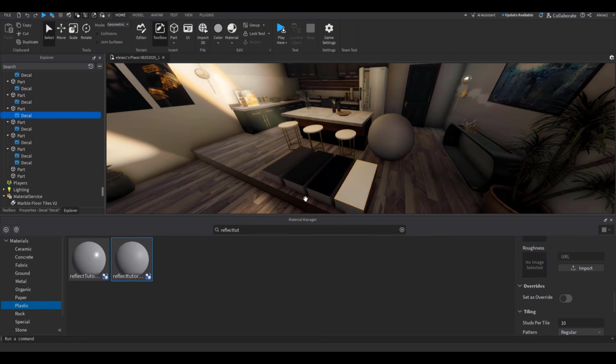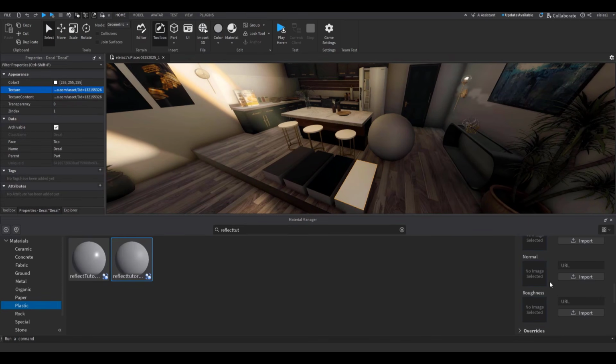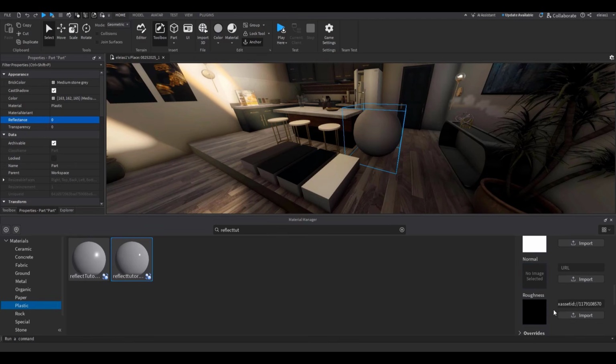So I'm going to put this white texture, copy it to metalness, because this one makes it more clear to see the actual reflectance. And then I'm going to make roughness the darkest it can be, so black, and this makes it super reflective. So after I pasted those colors, white to metalness and black to roughness, let's now apply it to